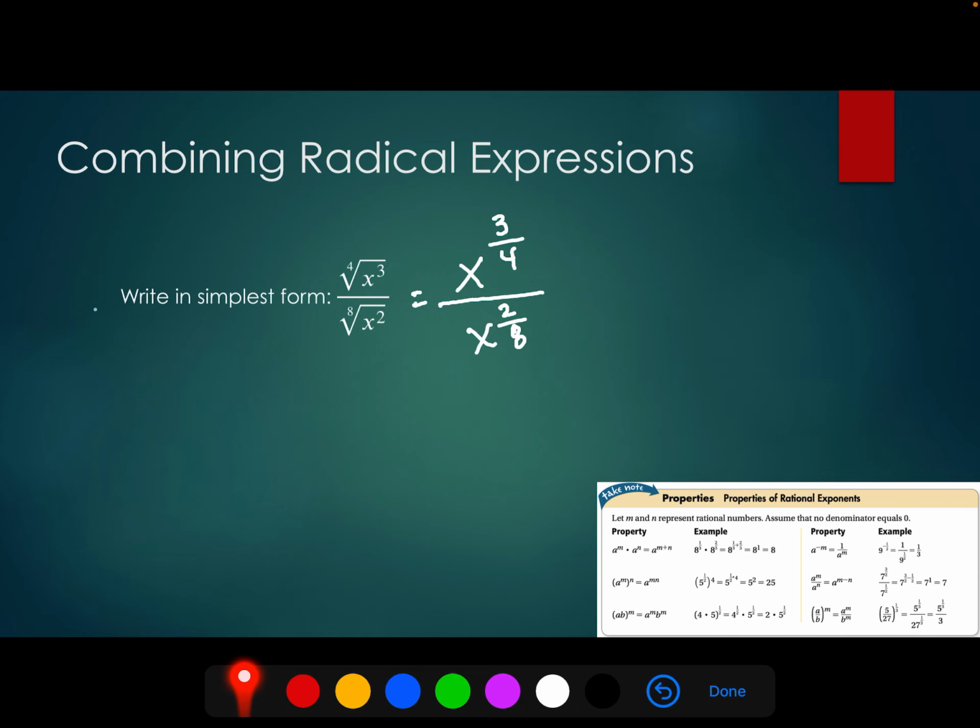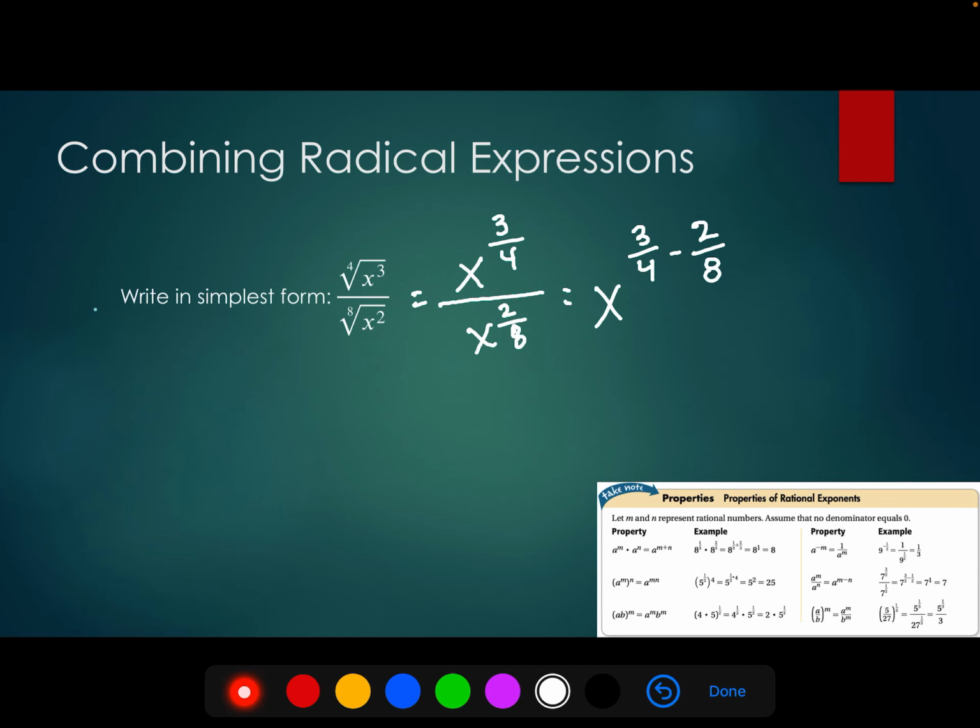Now we're going to take a look down here at these properties of rational exponents. And we can see that if we have a to the m over a to the n, that's equal to a to the m minus n. So basically this is saying if you have two like bases that are being divided, we just subtract those exponents. So that's what we'll do here. This x to the 3/4 over x to the 2/8 is just going to be equal to x to the 3/4 minus